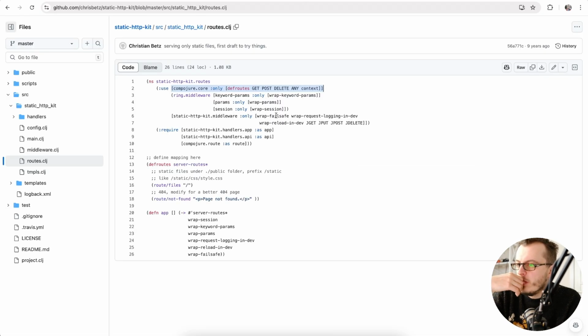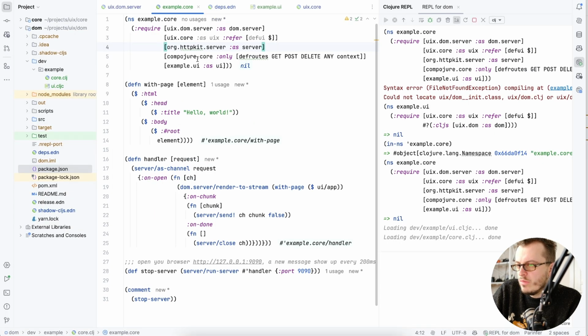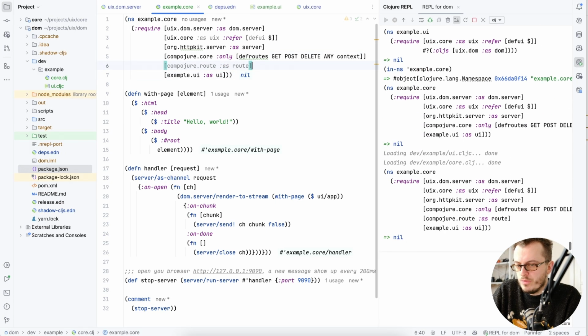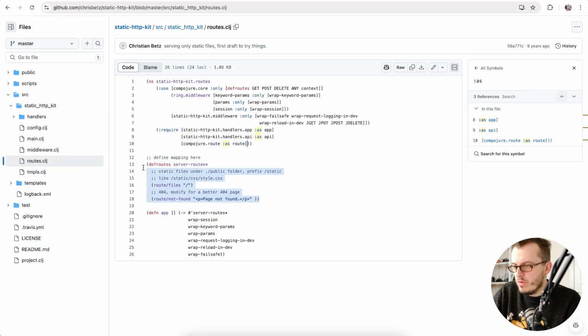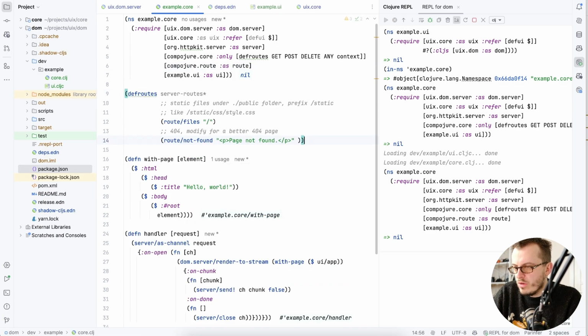All right. Routes, compojure route. Here. All right, so server routes, static assets, prefix static,